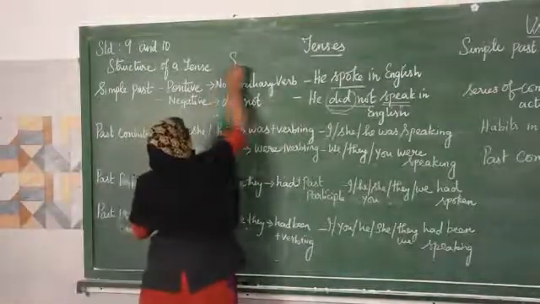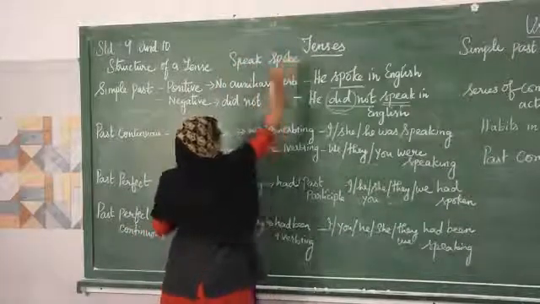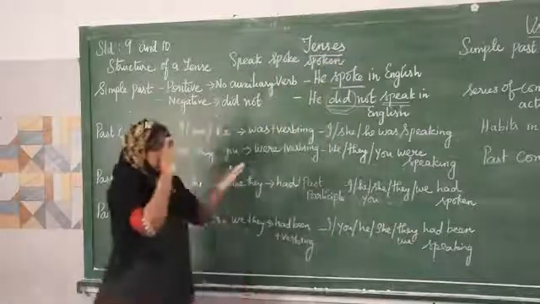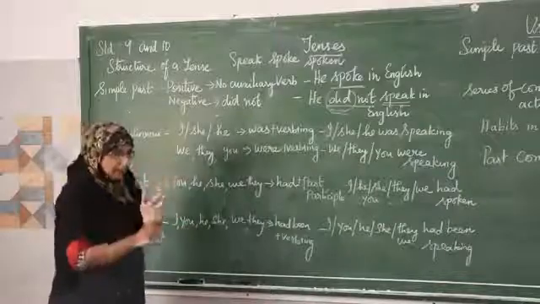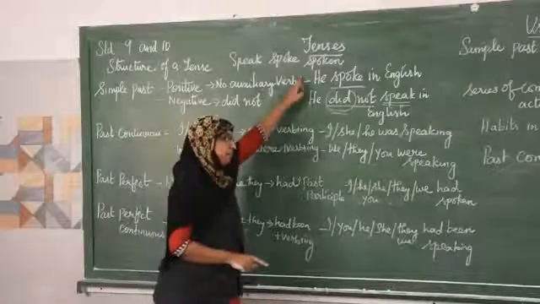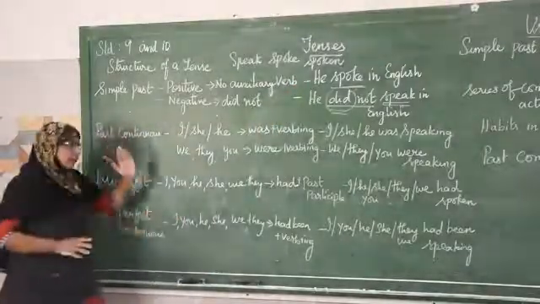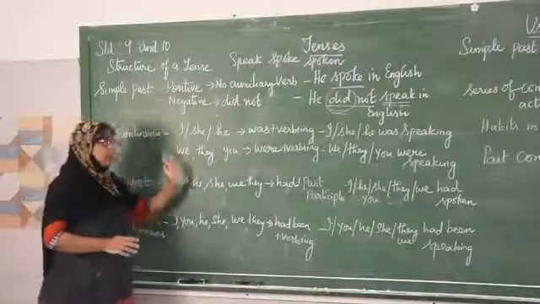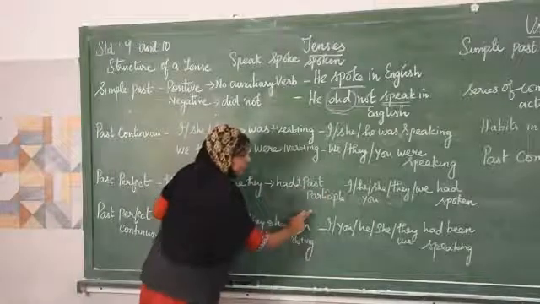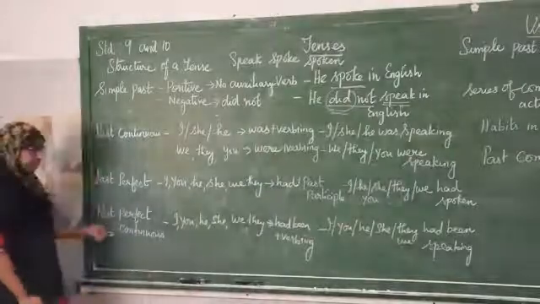Speak is what here? First form of verb, that is present. Spoke is what here? Second form of verb. What is the third form of verb here? Spoken. So always remember, whether it is present tense or past tense or future perfect tense, you have to use the past participle after have or had form of verb. So whether it is singular or plural or first person, second person or third person, always it will be had plus past participle, had spoken.